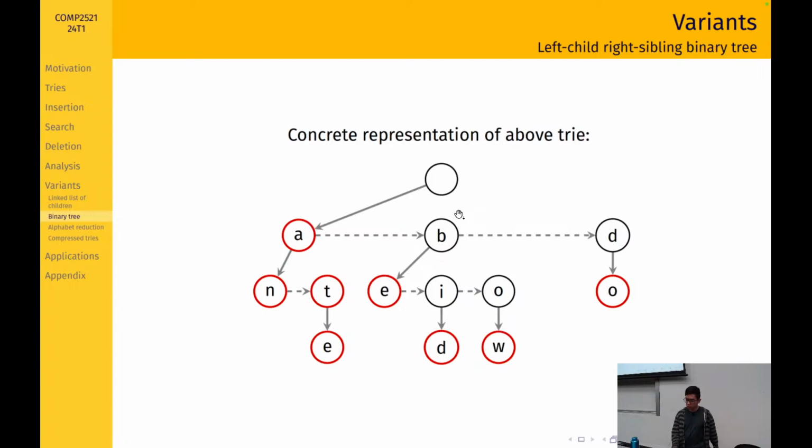So, for example, if we wanted to check if the word bow is in the trie, then first, starting from the root node, we would check if the root node has a child corresponding to B. That means we go to our children pointer, which points to our first child. Then we go through our sibling pointers to find a node that contains B, right? And once we've done that,